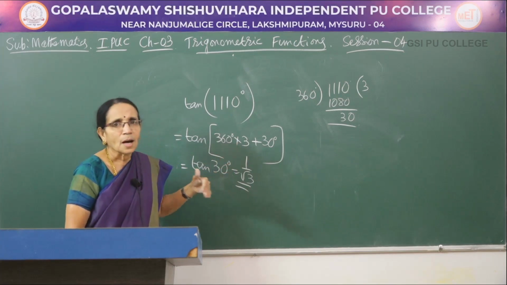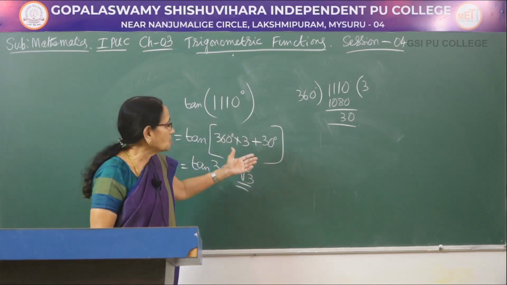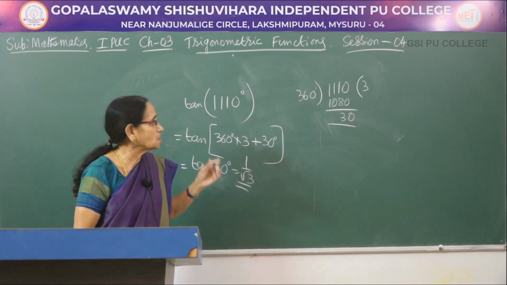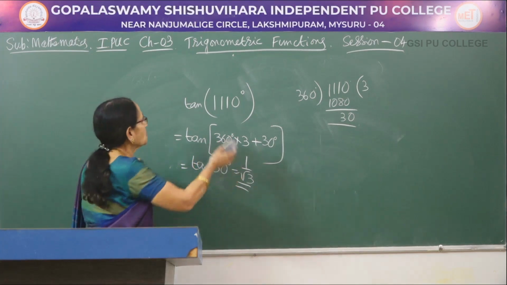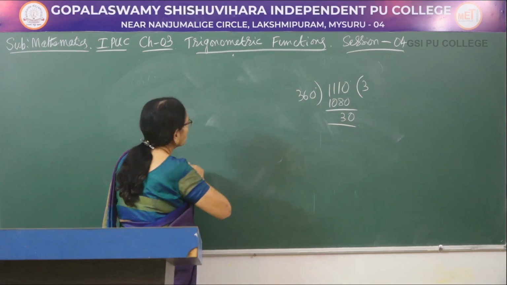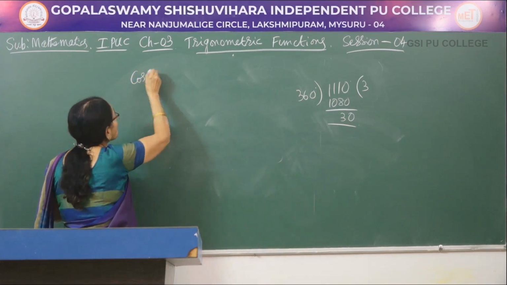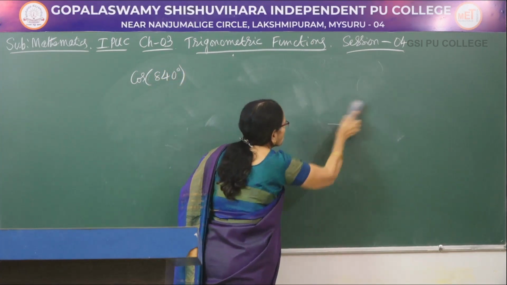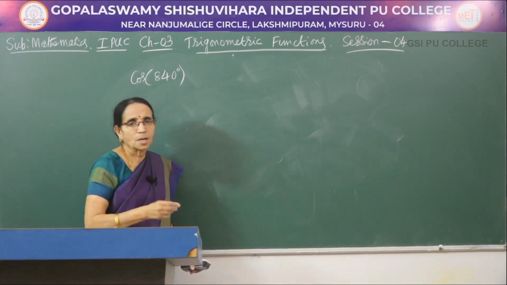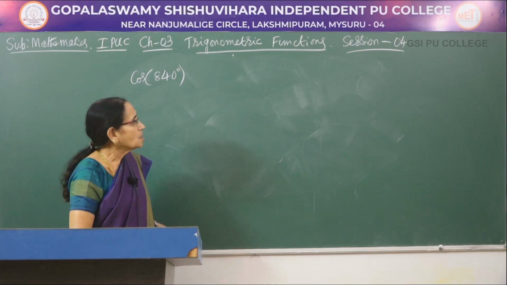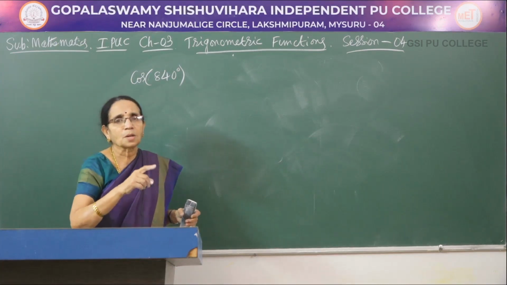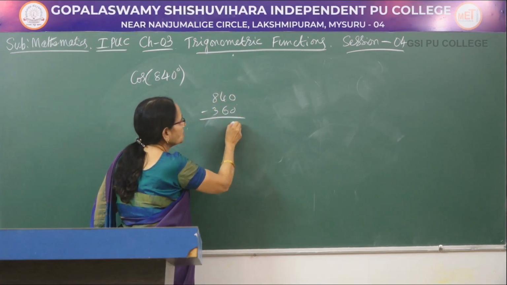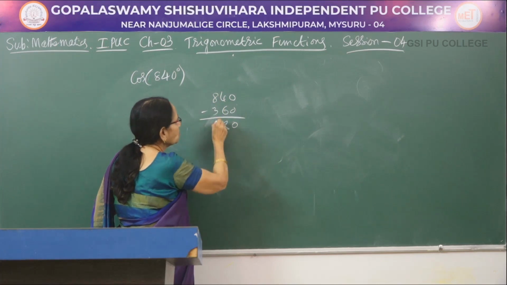It would be expressed in another way so that you can make use of the value of the trigonometric ratio of the standard angle. So this is the procedure we adopt. Let me take another example. Suppose I want to find out the value of cos of 840 degrees. You observe that here 840 is certainly more than 360. Now let me divide that number, or otherwise one round is 360, subtract it from this, 840 minus 360, how much is remaining? 8 minus 3 is 5, and 4.